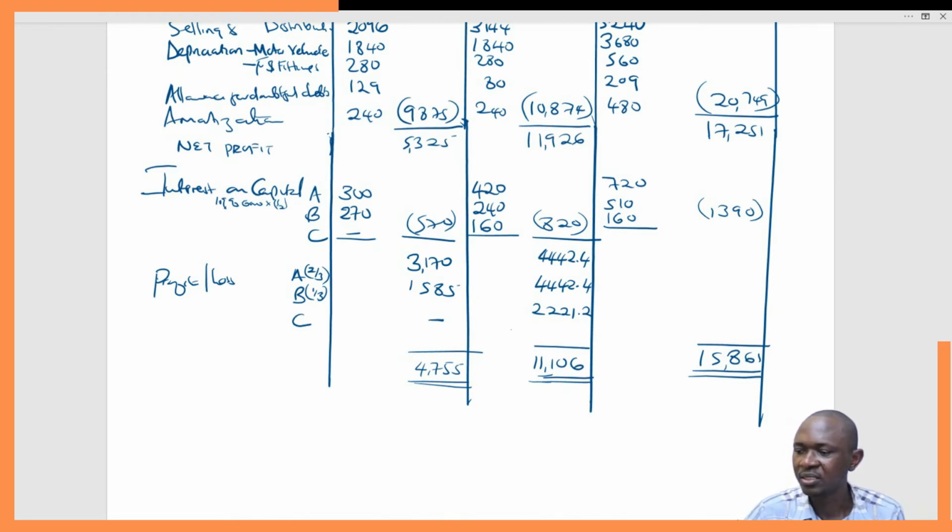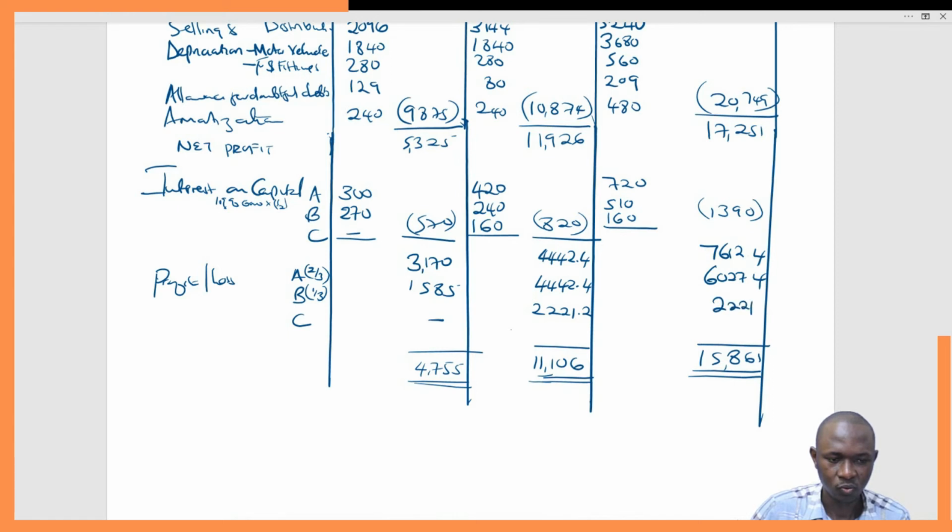That is 7612.4. Then the second one will be 4442.4 plus 1585. This one gives us 6027.4. And then lastly, we have this one, 2221.2. If you add the three, you should be able to get